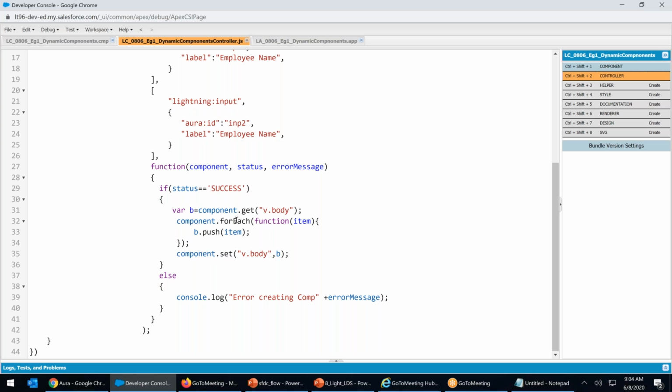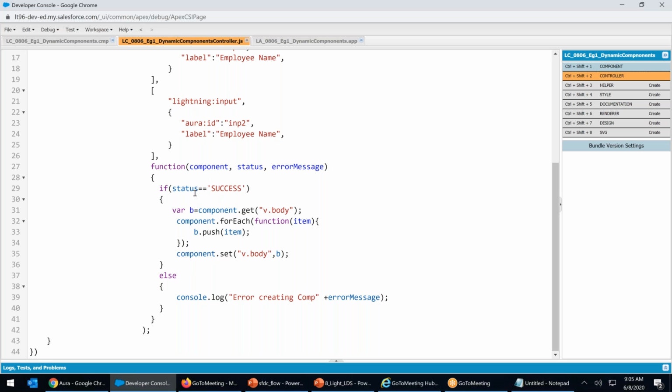Component for each, function, I'm saying each one of them as an item, right? B dot push, whatever we created, B dot push item. Then I'm closing it. Then I'm saying component dot set B dot body, comma B. Whatever we are pushing, we are pushing it there.